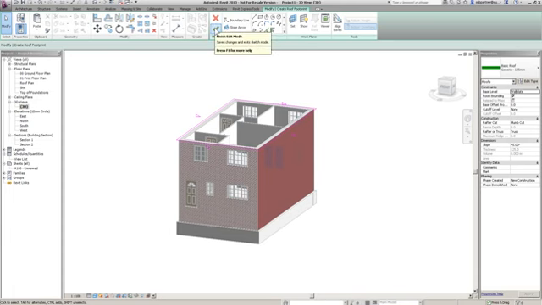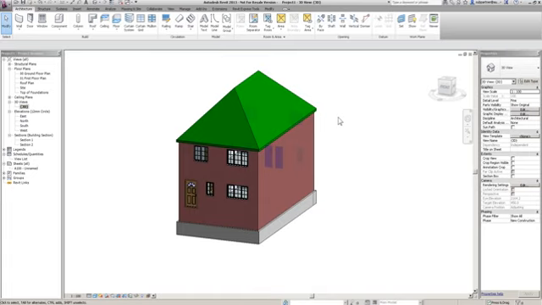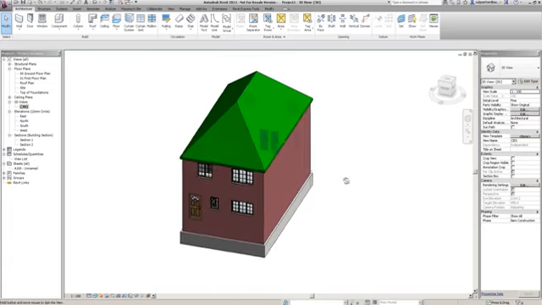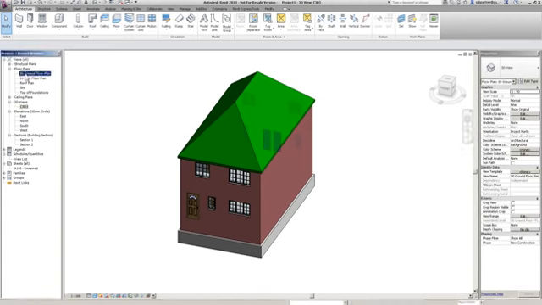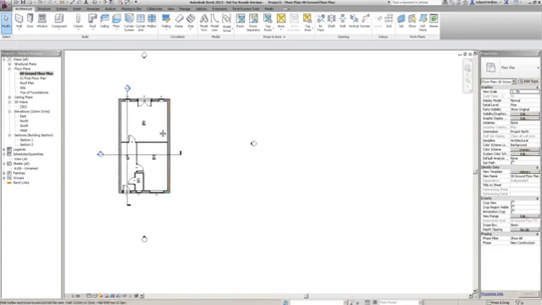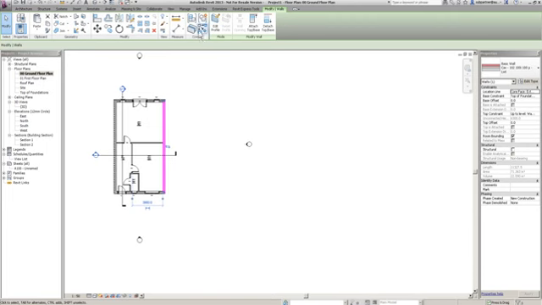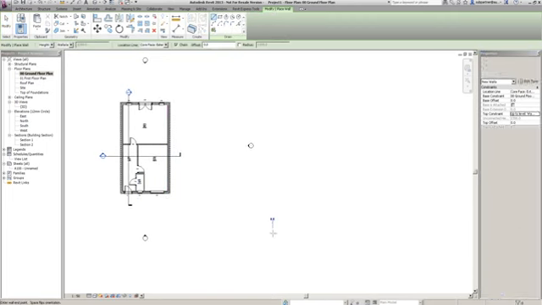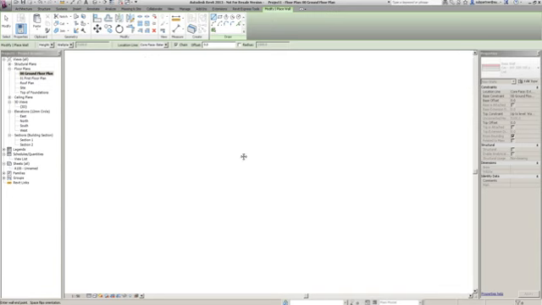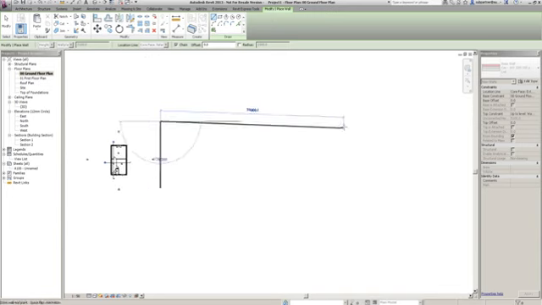Watch what happens when I finish it. Done. There we go. We've got a roof on there. I know it's a little bit ugly for now, but it just shows you how quick that roof can go on there. What I'm going to do, just as a little demonstration on the side of this, I'm just going to select this wall just here, go create similar, and then I'm going to change it up to my wall plate, and just over here I'm just going to draw something, you know, a little bit bigger, a little bit more complex in its